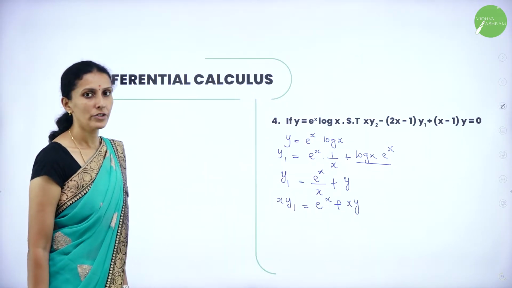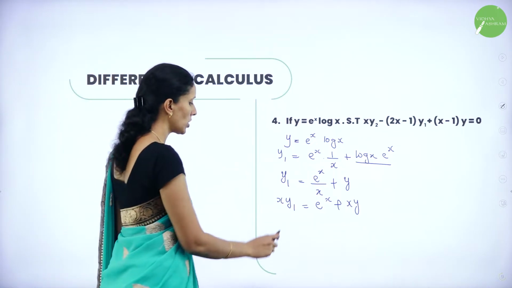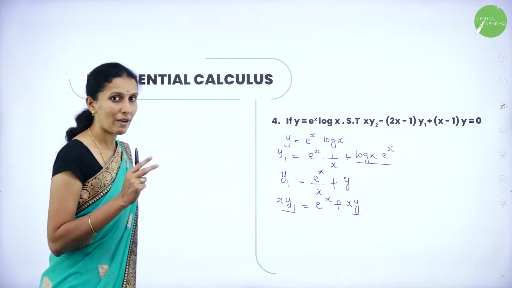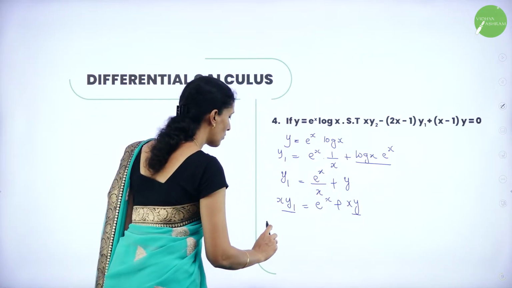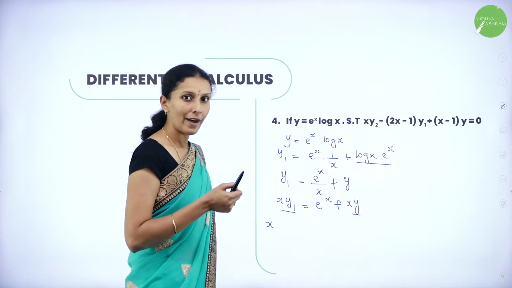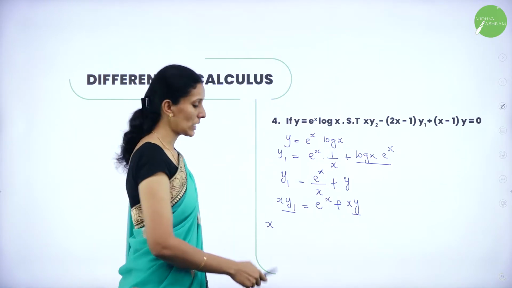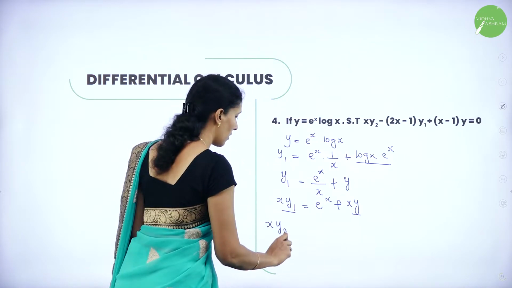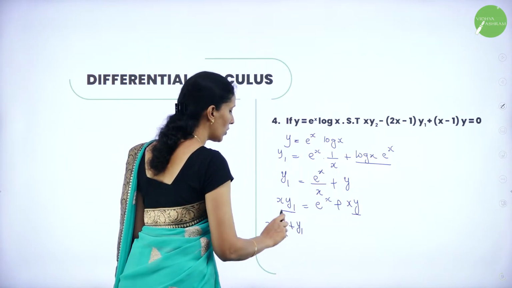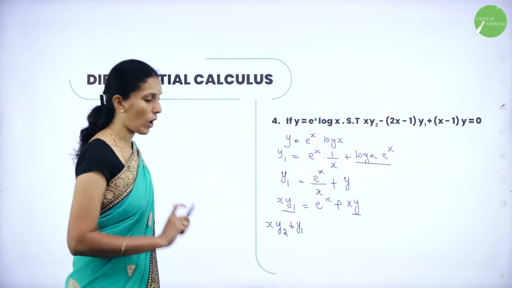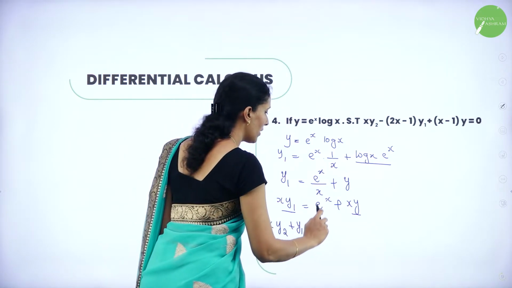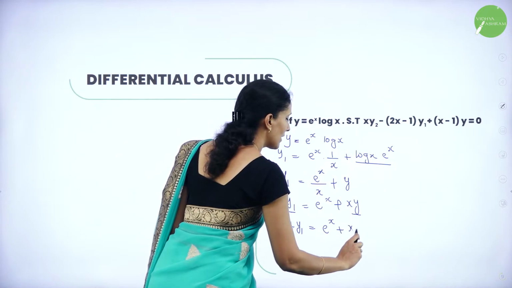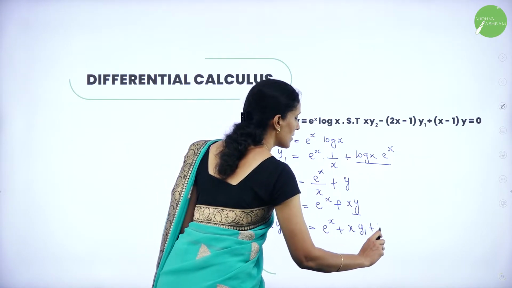Now again differentiate the given equation here. You have to apply the product rule for these two because you have two functions. Now first function, differentiation of y1, nothing but dy by dx, is d square y by dx square. That is nothing but y2. Plus y1 into differentiation of x is 1. Next, differentiation of e power x is e power x only. Here, x into y1 plus y.